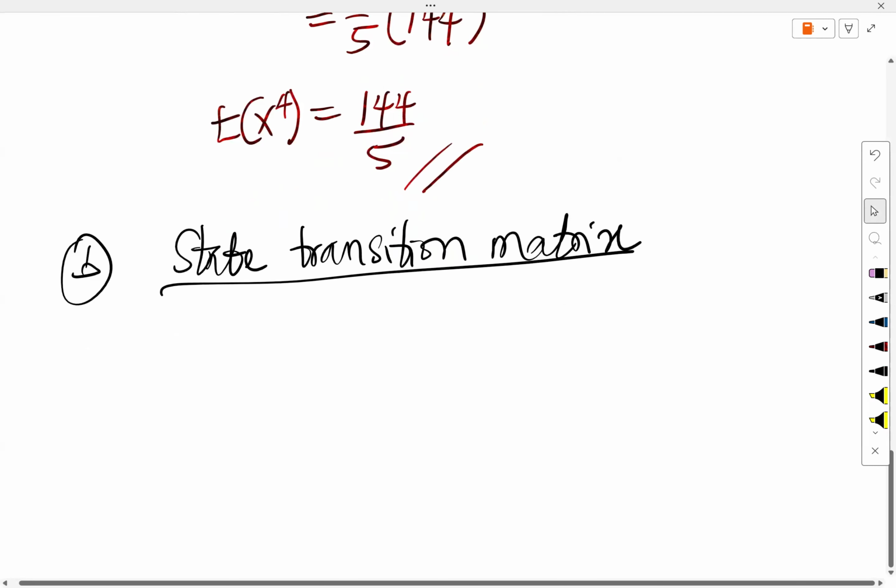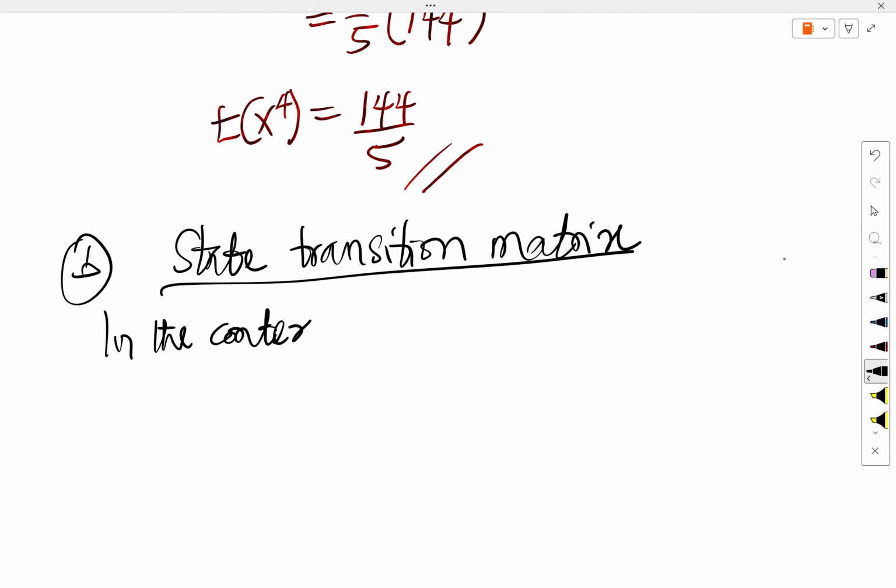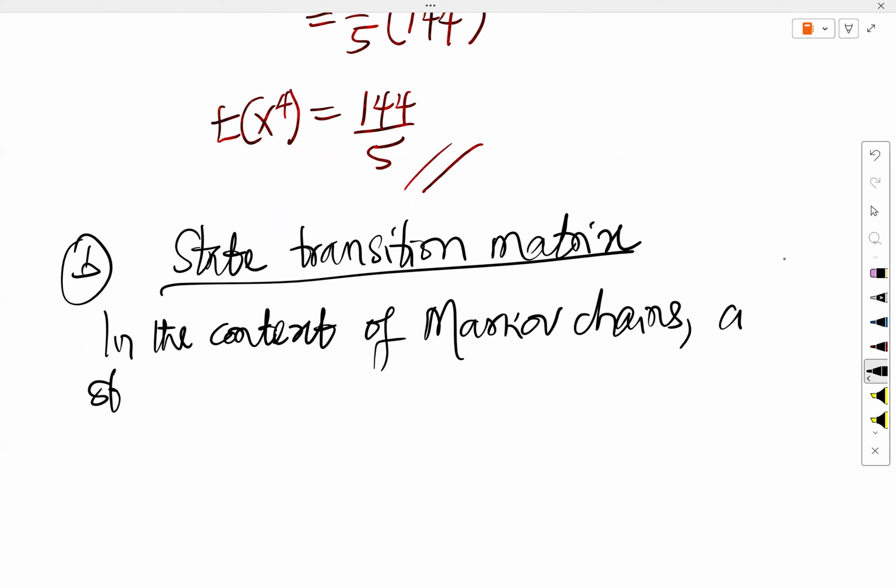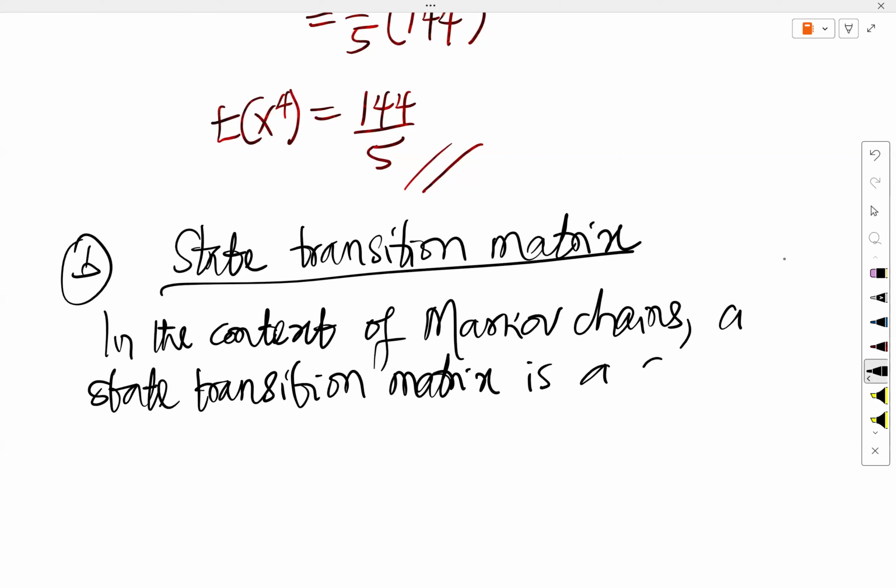You should know that in the context of Markov chains, a state transition matrix is actually a square matrix. Maybe 2 by 2, 3 by 3, and so on. So it is a square matrix that describes the